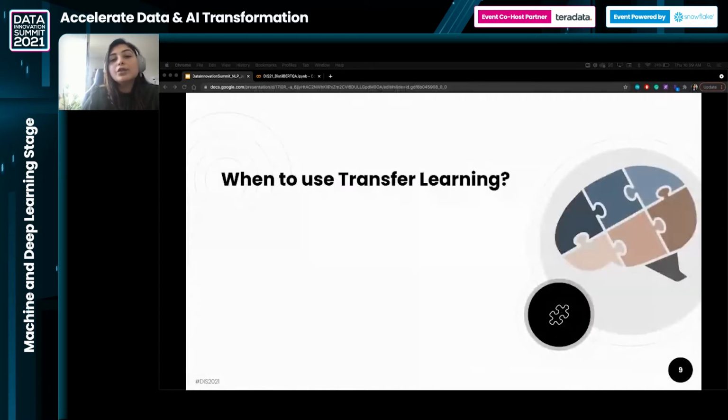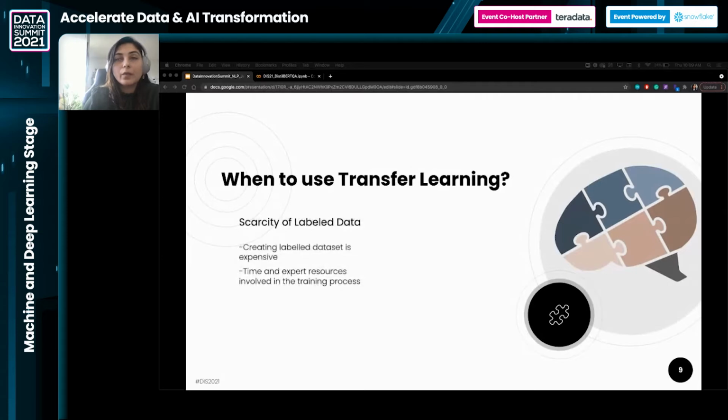But when do you use transfer learning, and what are some of the situations where it's the path to go? First, when you have scarcity of labeled data, because we all know creating a labeled data set is expensive. There's time and expert resources that need to be part of the system, like subject matter experts in the training process, and only then will you be able to make sure that your data is not biased or is tagged correctly, etc. Secondly, when you already have a pre-trained model that's trained with a huge data set,